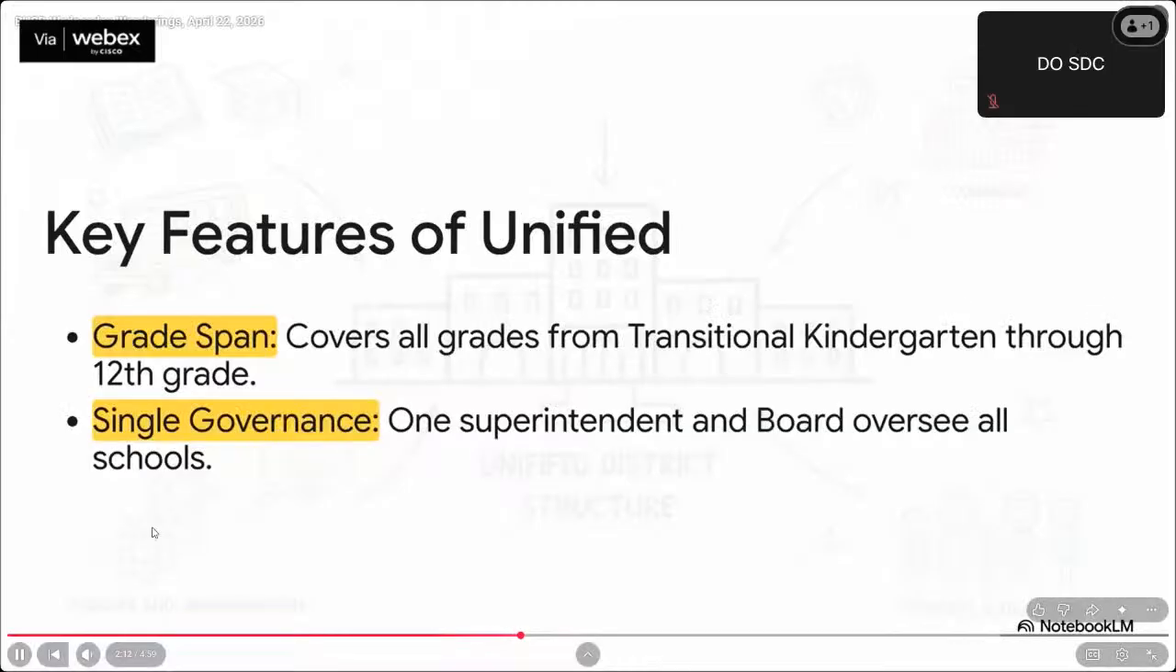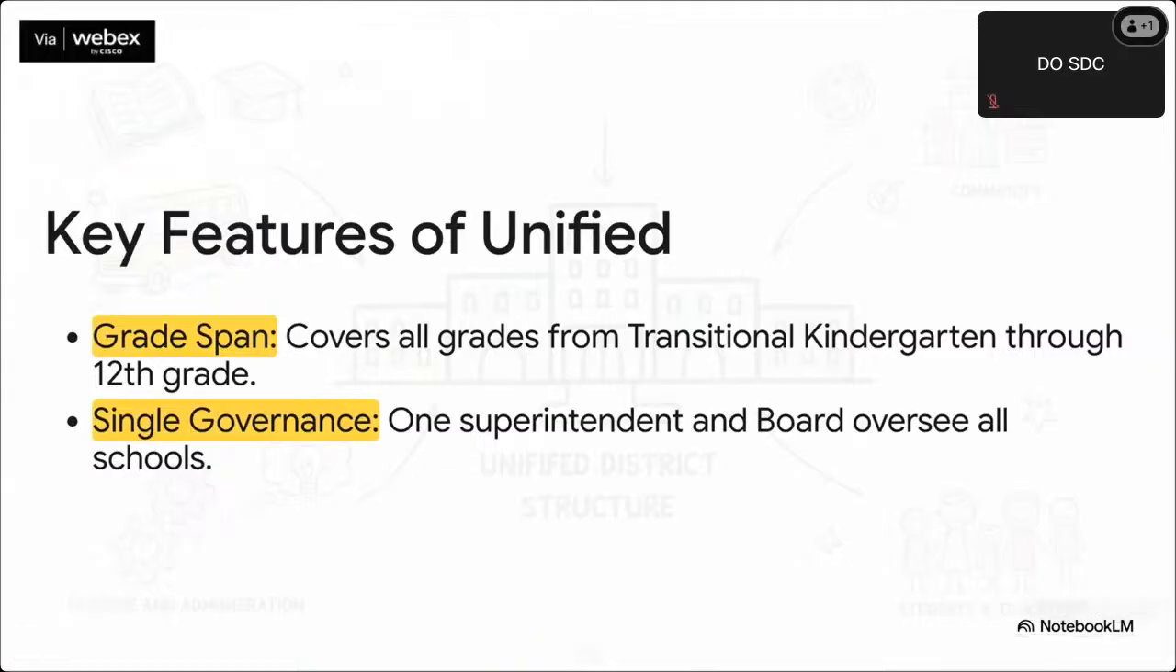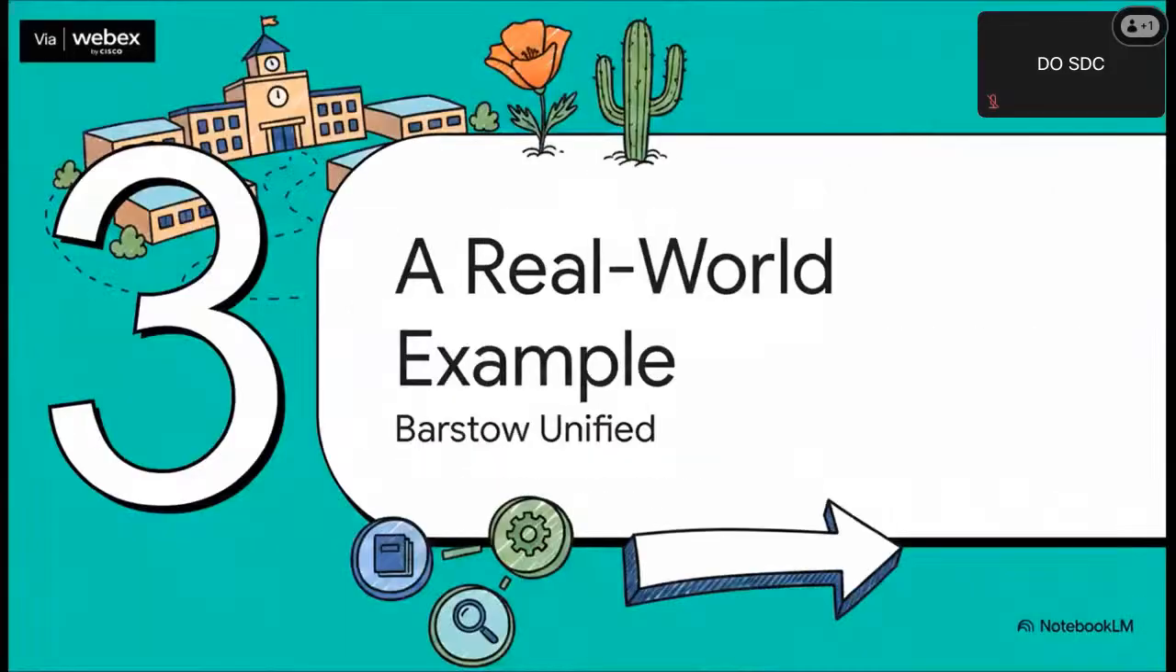The curriculum actually lines up from grade to grade, policies are consistent, and they can share resources way more effectively across the whole system. Okay, so all this theory is great, but what does it look like in the real world? To really get a feel for this, we're going to look at a specific case study, the Barstow Unified